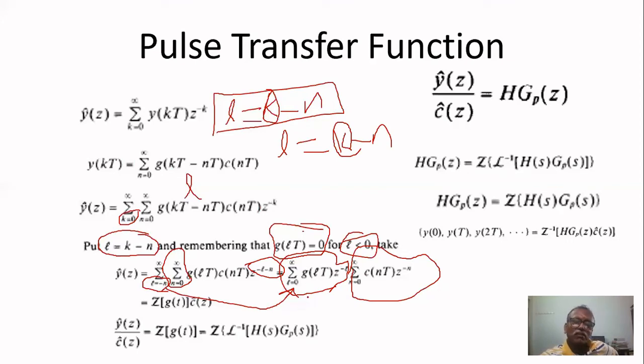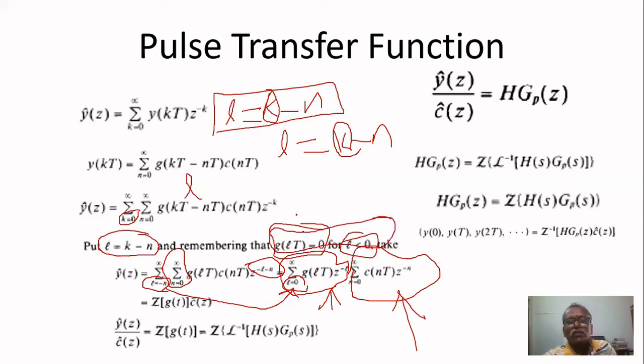One is independent of L. This is independent of L. This is independent of n. So sigma L equal to 0 to infinity. Why are we making L equal to 0 now? Because g of L T equals 0, assuming that